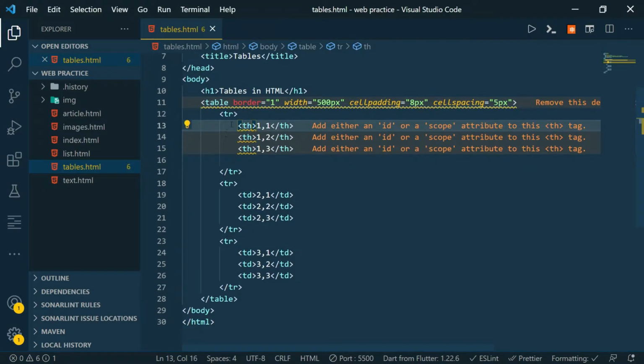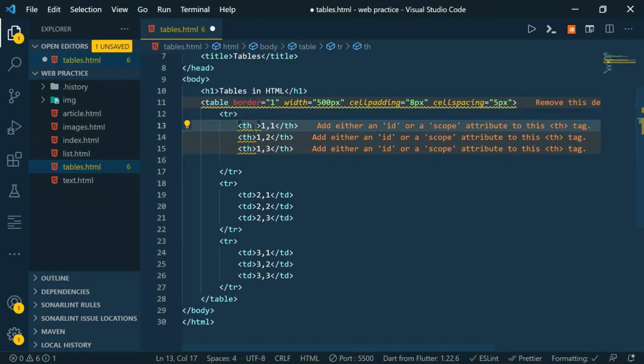We are not going to use this on a whole row. That means we are not going to add colspan or rowspan in the tr tag. This is performed on a single cell level. It means we will add this in td or th tags. Th is also a cell. So this basically means that if we add a colspan attribute to a cell, its size will increase horizontally, and if we add a rowspan attribute to a cell, then its size will increase vertically. So let's see how it is done.